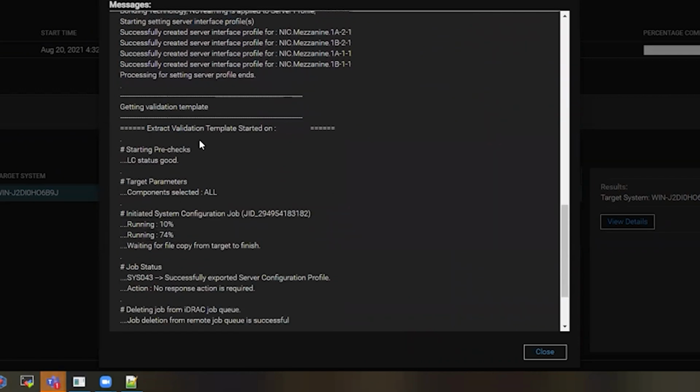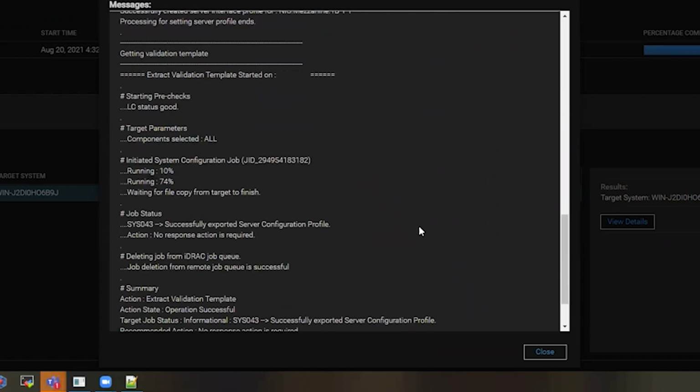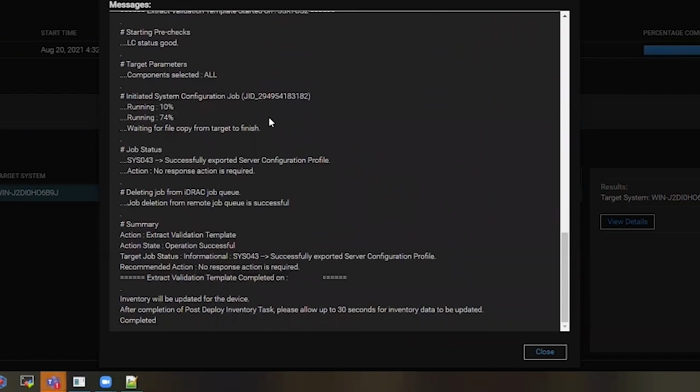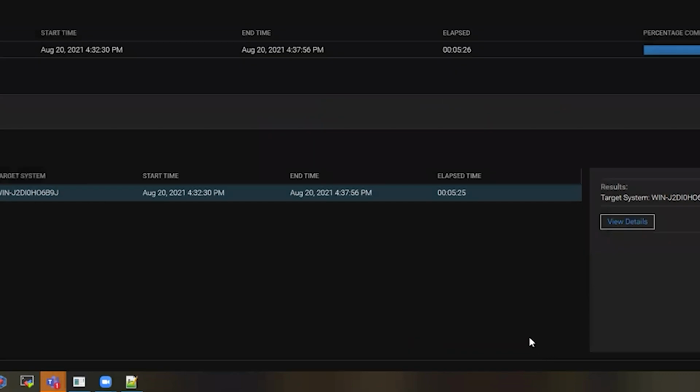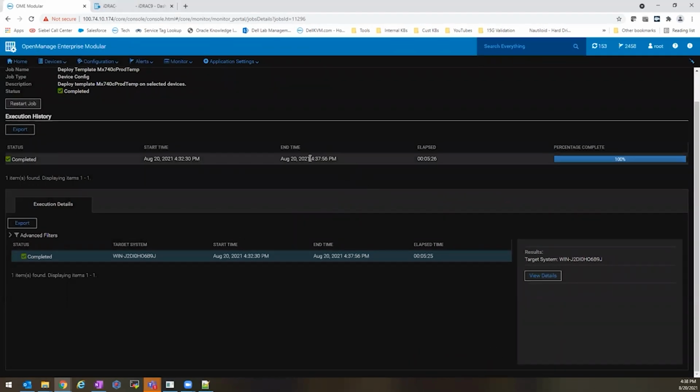It does a validation check and makes sure that the lifecycle controller is still in good standing. And then it cleans up the job, deletes the temporary files, and reboots. On reboot, it provides a final check, and all of this took less than 5 minutes. Well, okay, 5.5 minutes.